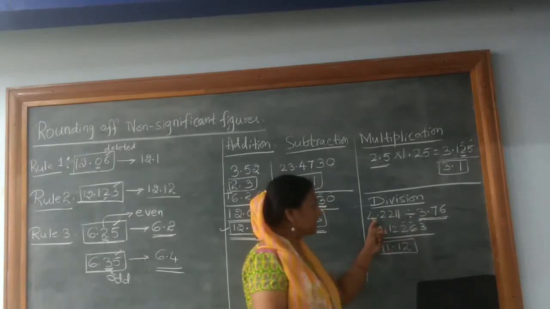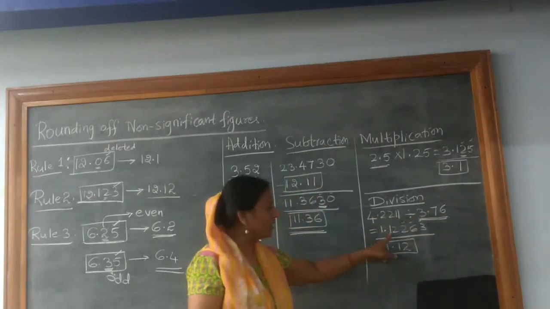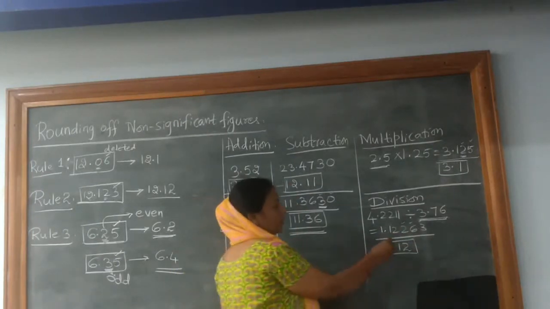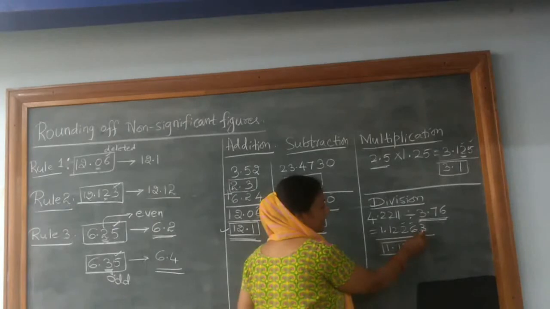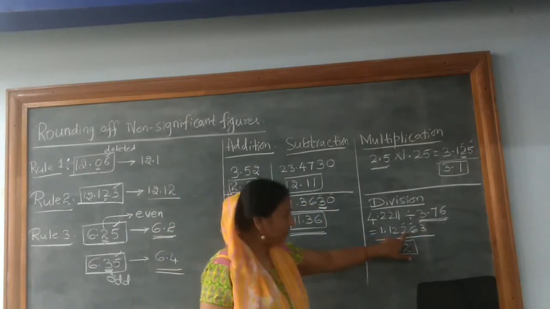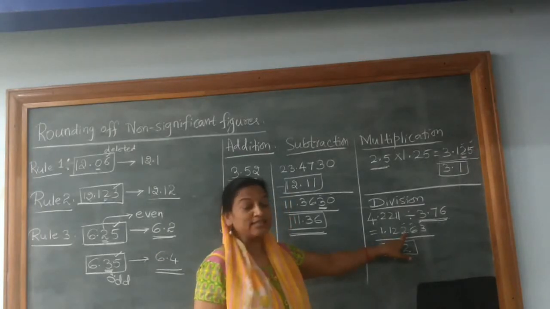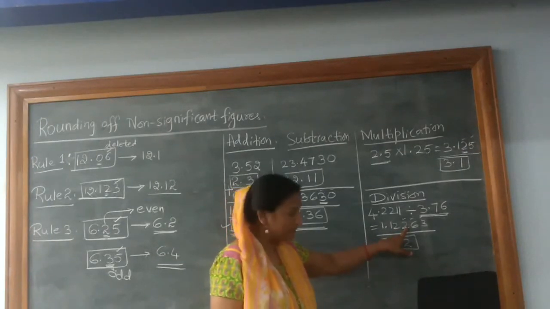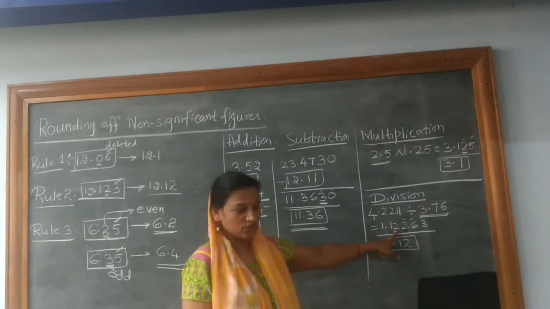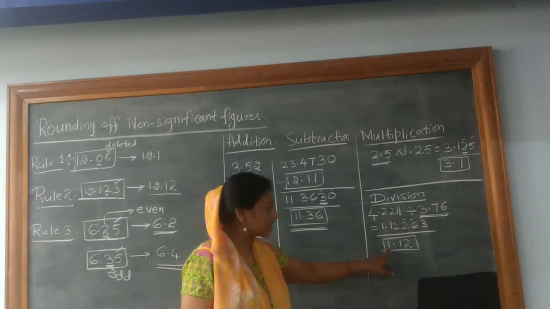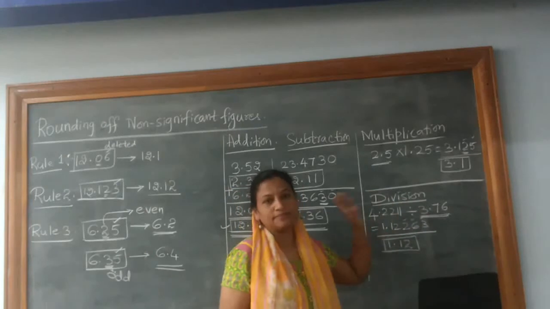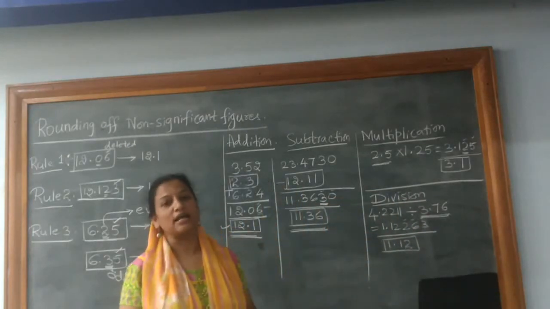After dividing these 2, you will get the answer as 1.12263. So you should report it only up to 2 decimal places. That indicates digits 3, 6 and 2 are to be deleted. Now the last digit to be deleted is 2, which is less than 5. If the digit to be deleted is less than 5, then don't make any change in the preceding digit. And you will report the final answer as 1.12 by deleting 2, 6 and 3, or rounding off the last digits.